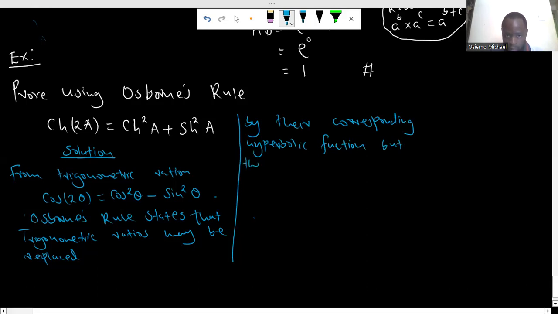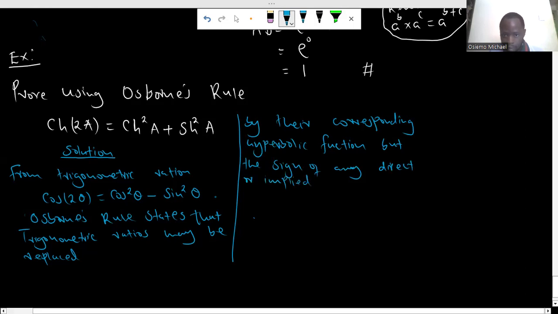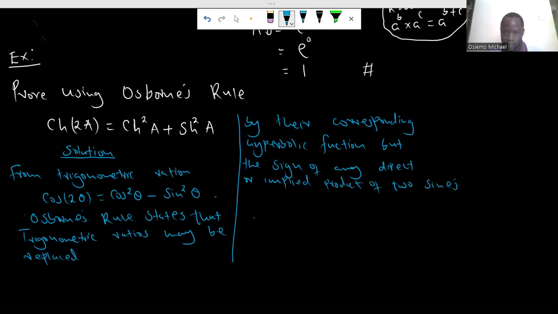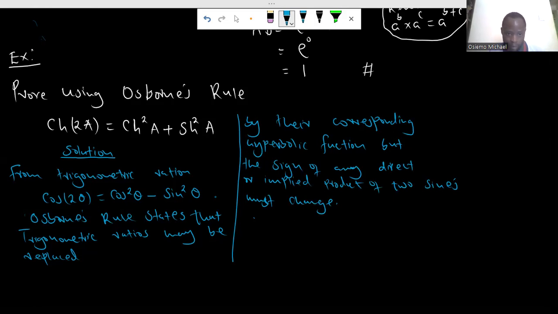but the sign of any direct or implied product of two sines must change. So this means that for the sign